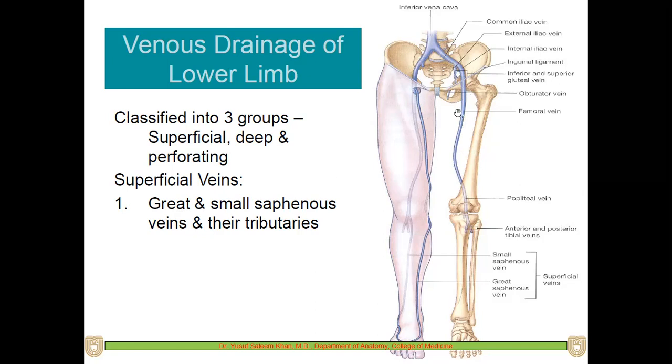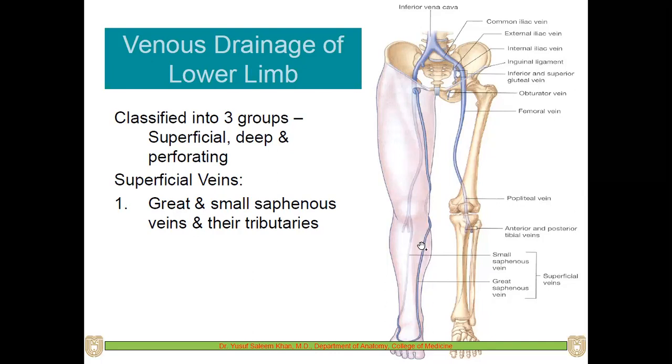If you see here, this is the femoral artery. You can also see this is the femoral artery. Just beside that, this vein is called the great saphenous vein, which begins from the foot. It goes from the dorsum of the foot, goes all the way, and drains all of the lower limb, and then finally it opens into the femoral vein. This is the femoral vein. The main vein will be the great saphenous vein.